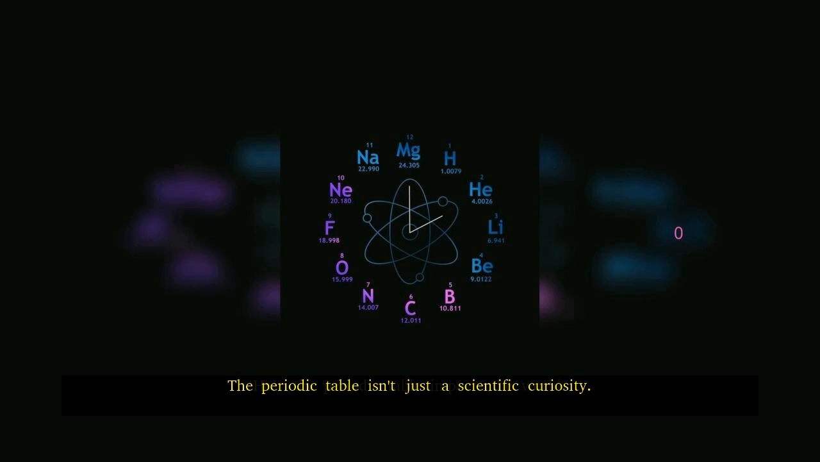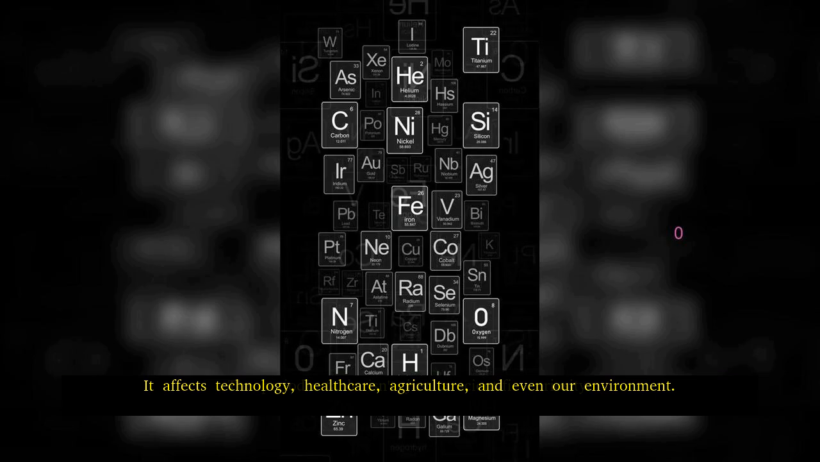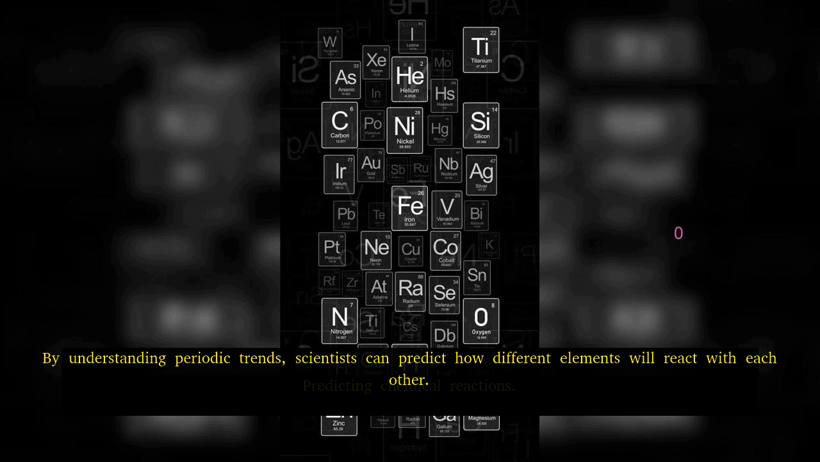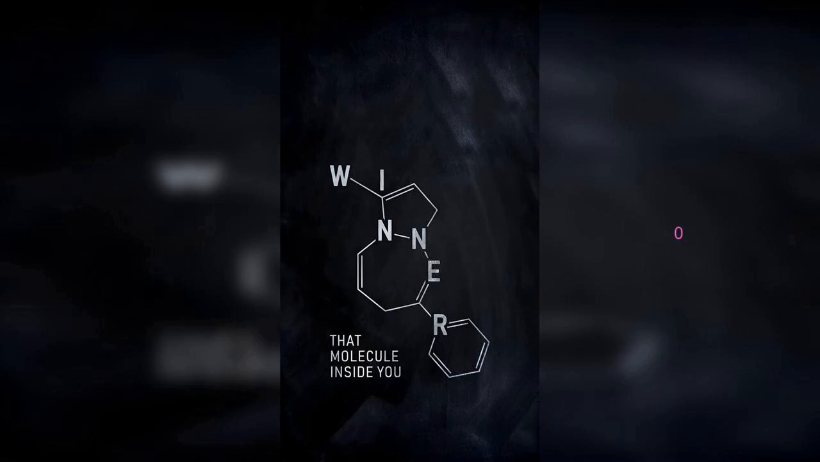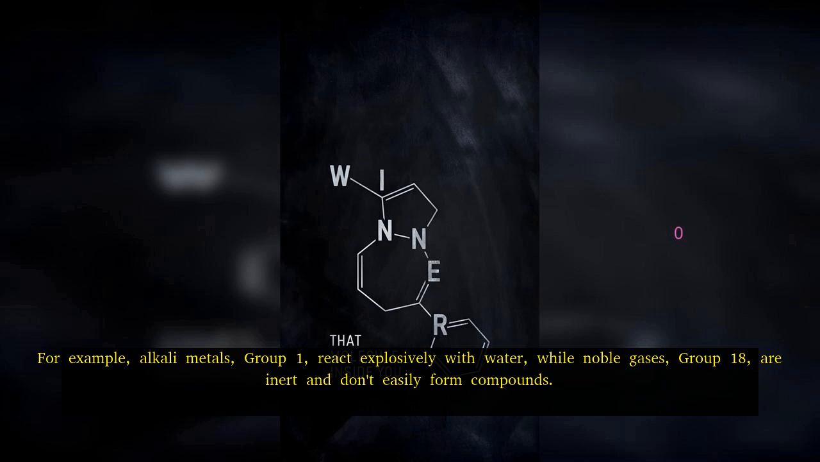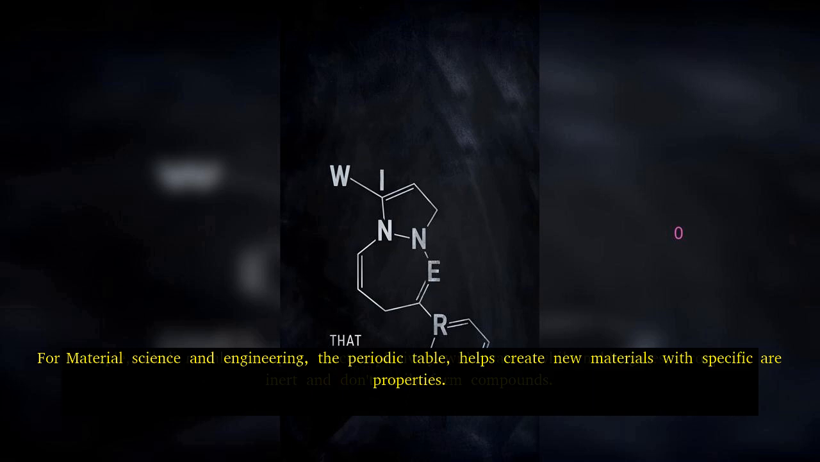3. How the periodic table impacts the world. The periodic table isn't just a scientific curiosity. It affects technology, healthcare, agriculture, and even our environment. Predicting chemical reactions: by understanding periodic trends, scientists can predict how different elements will react with each other. For example, alkali metals, group 1, react explosively with water, while noble gases, group 18, are inert and don't easily